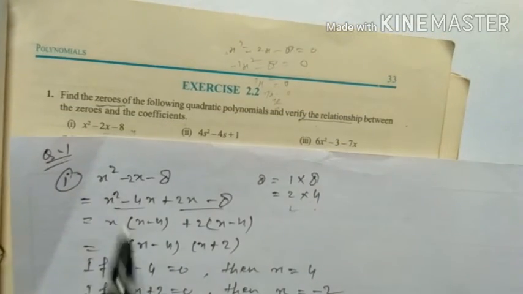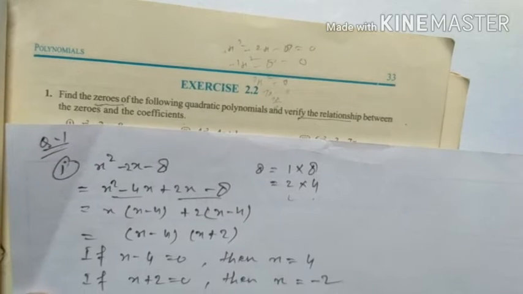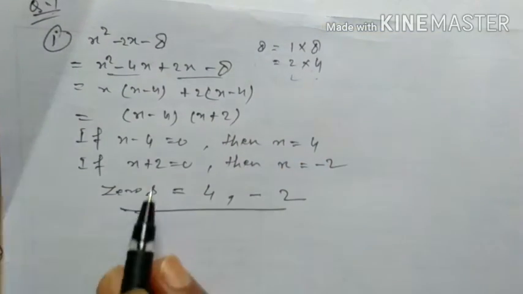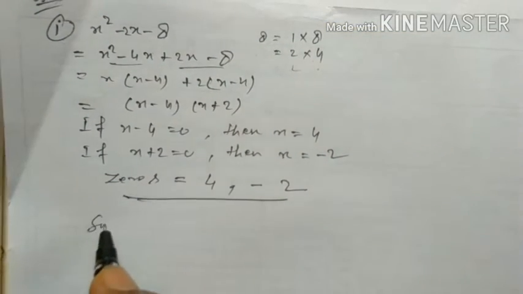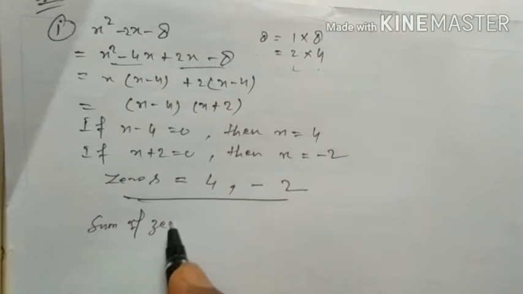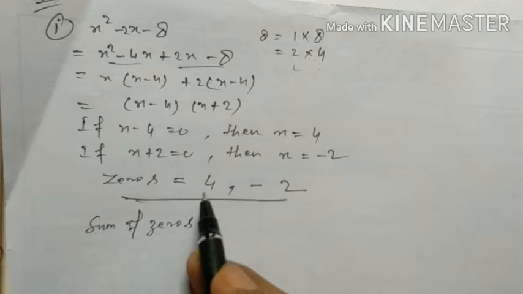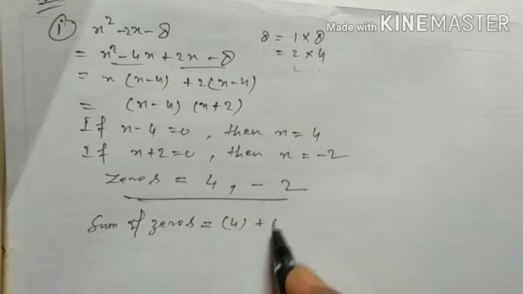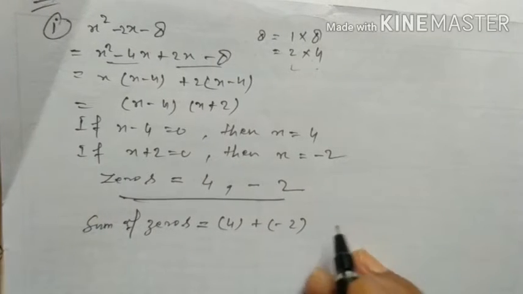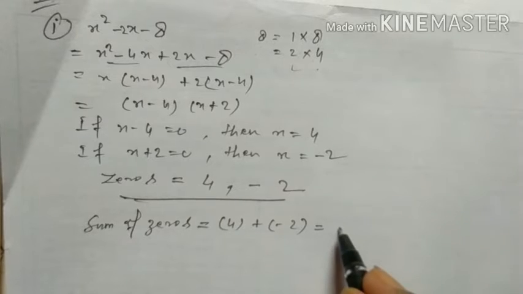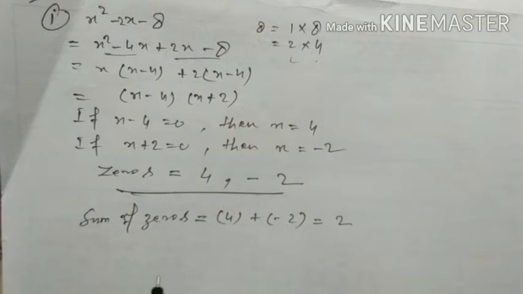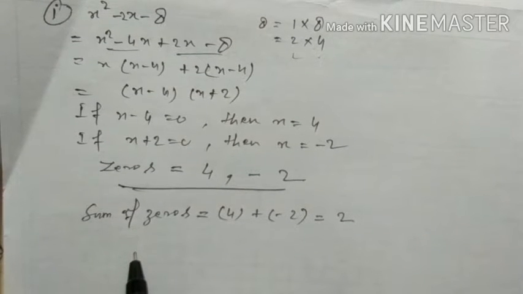So our question was find the zeros. The zeros are 4 and minus 2. And secondly, verify the relationship. Now verify. Sum of zeros equal to 4 plus minus 2, where this is alpha and this is beta. This becomes equal to 2. And using the formula, sum of zeros